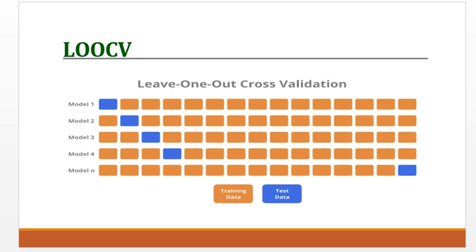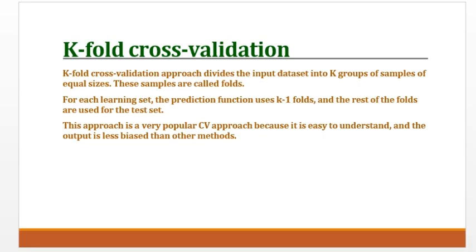Moving on to K-fold validation. Now, K-fold cross-validation is basically splitting the data set into K equal sized folds and training on k minus 1 folds and testing on the remaining 1 fold. This process is repeated k times using a different fold as the testing set each time. Now the advantage of K-fold cross validation is it reduces bias as all data is used for training and testing, and it provides more robust results compared to a simple train test split.